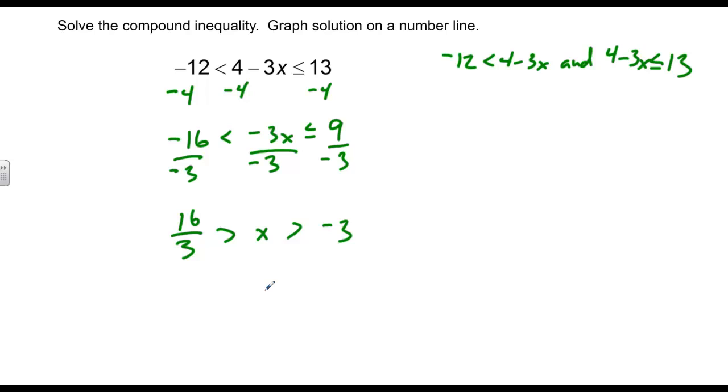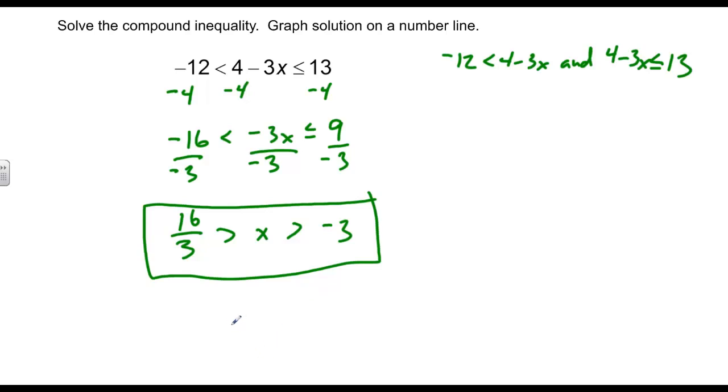So in this case, what I have is my algebraic solution here, and if I'm going to graph that, I graph negative 3, positive 16 over 3. The negative 3 has a closed circle since it's equal to, and the 16 over 3 has an open circle, and I connect the two dots. Alright,